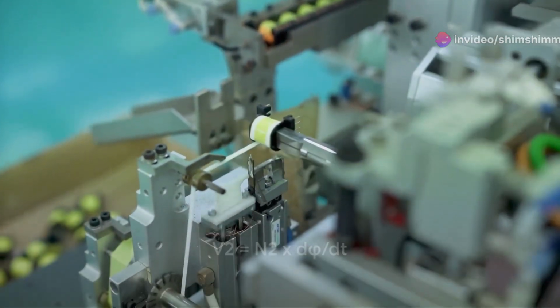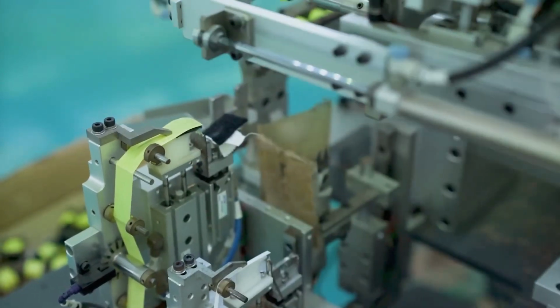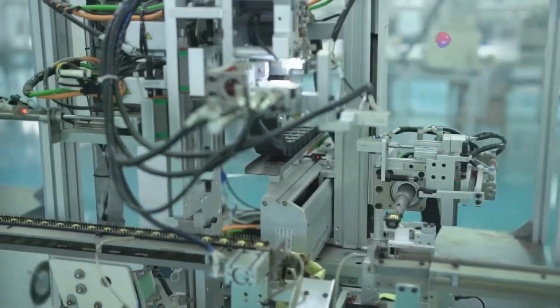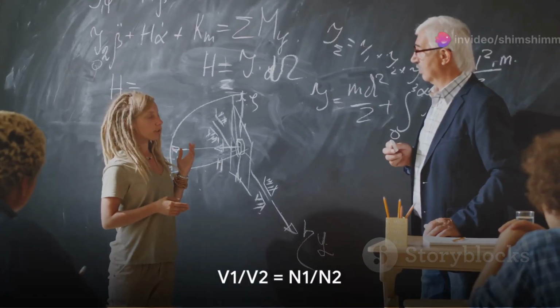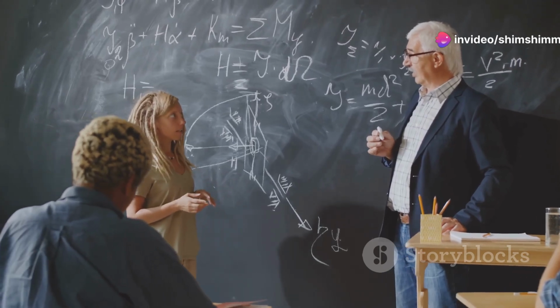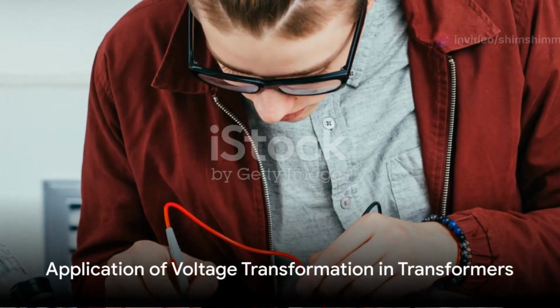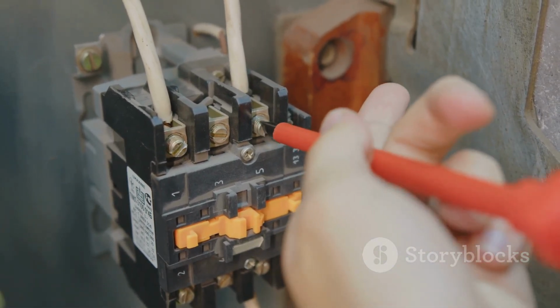voltage on the secondary side is V2 equals N2 times dΦ divided by dt, resulting in the same voltage as the primary side. However, if the number of turns on the secondary side is 1/10 of that on the primary side, the output voltage on the secondary side becomes 1/10, as 1/10 is substituted for N2. The relationship between voltage and the number of turns is represented by the formula V1 over V2 equals N1 over N2. From an electromagnetic perspective, this phenomenon can be interpreted as being based on the back electromotive force of the